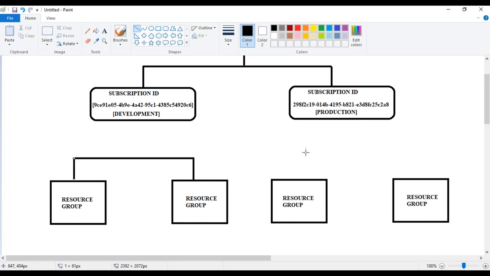You have resource groups under subscription. Okay, so this is what you're going to do. Most probably you are going to create the resource groups whenever it is required for a new project, a new application, or a new testing environment. Basically, you're going to use the resource groups.